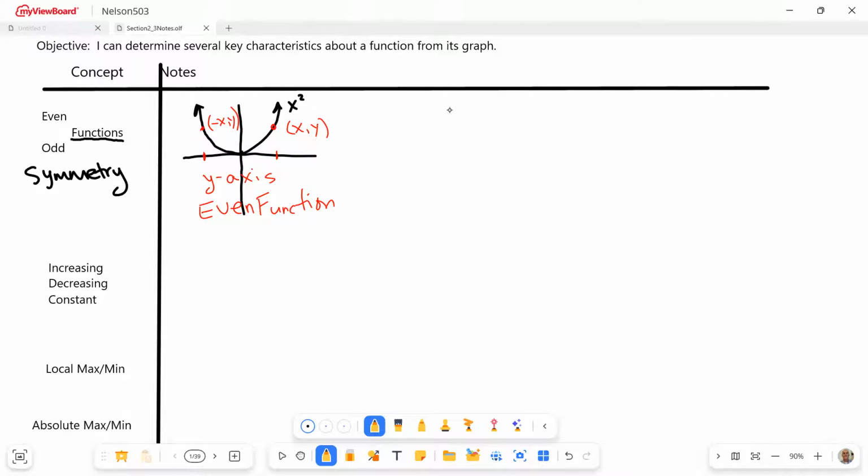Okay? So the next type of function that we're going to talk about is an odd function. I would say the most basic odd function that we have is y equals x cubed. So I'm going to put that one down, and let's write down odd below that. So this is an odd function, and we talked about that, symmetric about the origin. So if you had some point over here, x comma y, you're going to have another one down here that matches it. Every single point over here is going to have a matching point down here, negative x comma